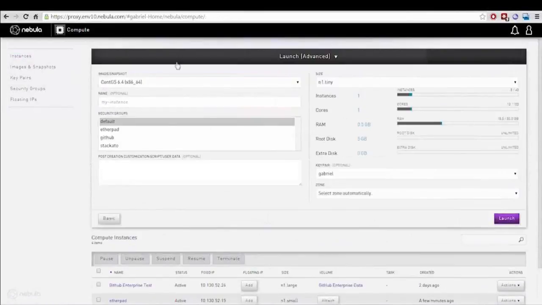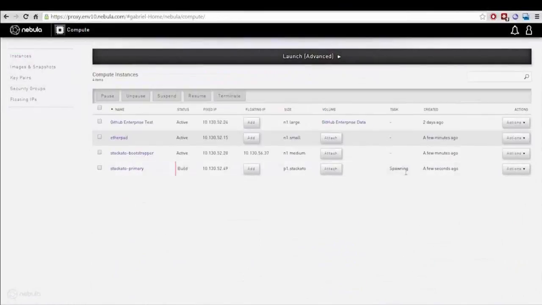And so, yep, we've got our core node. It is spawning, and when that comes up, we will go ahead and